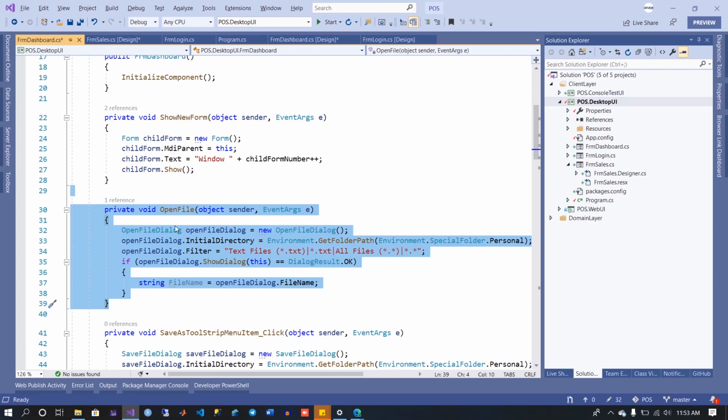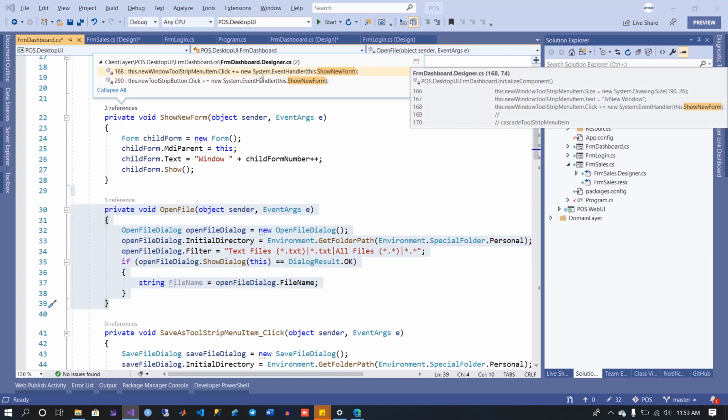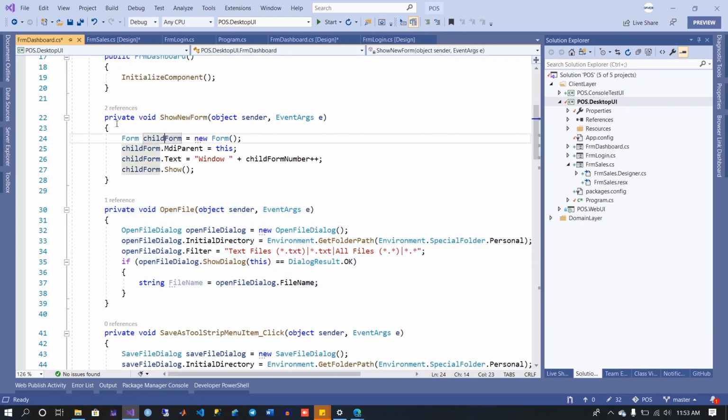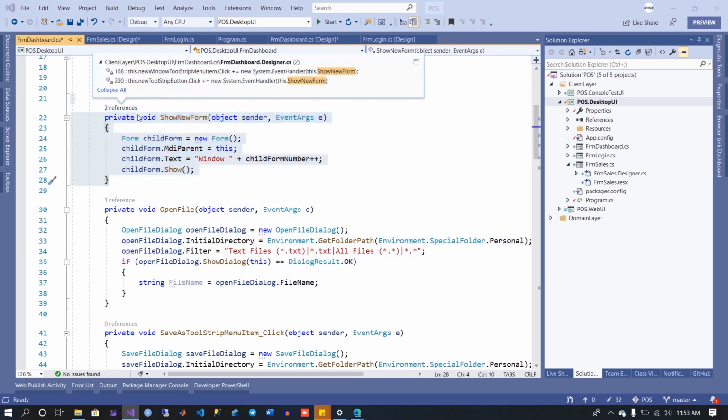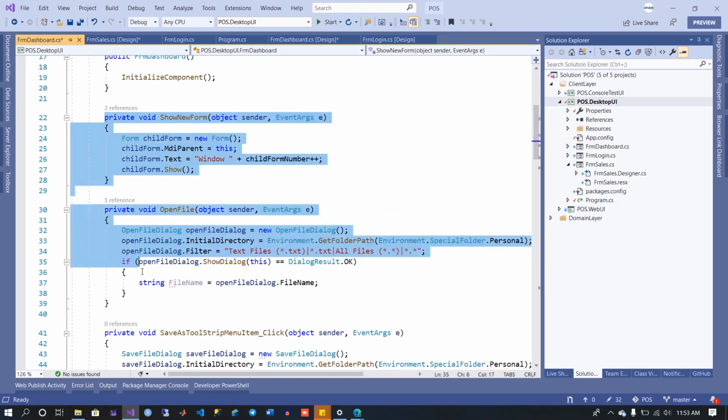So if you delete it as well, you will get problem. So to do it safely, let's click on the reference and click on this one of the reference. So we can click on this. If you are using Visual Studio 15, you might not see some of these things. So let's just delete it, or let's comment,